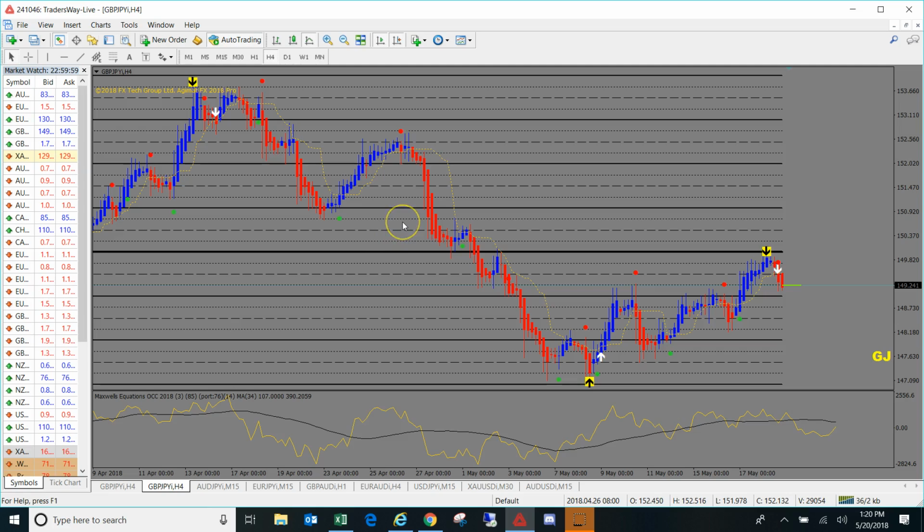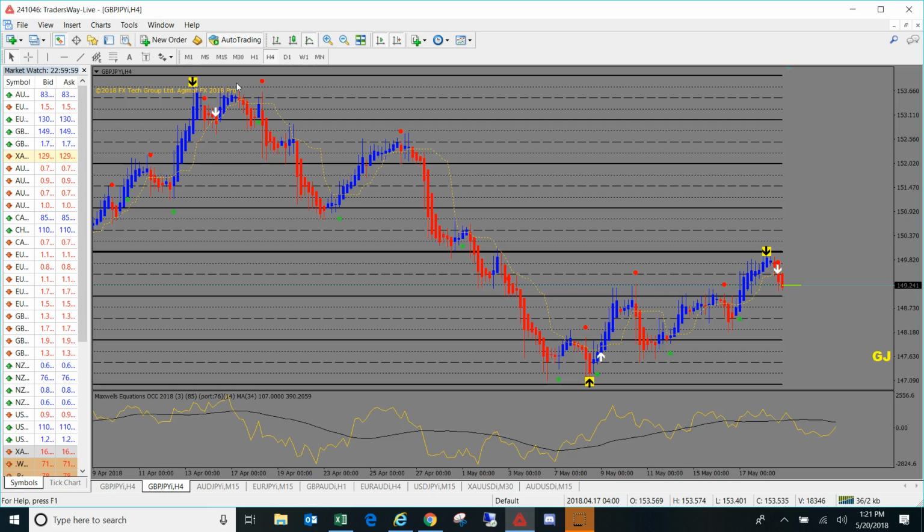But anyway, right now I have GJ pulled up on the 4 hour. So I'm still getting people saying that they're entering on the Agimat and then the market is turning around and going against them. And my question to them is always, are you analyzing those higher time frames? Are you using multiple time frame analysis, or are you just looking at that 15-minute and going off the 15-minute? If you are only looking at that 15-minute chart, then you're probably going to run into that issue more than you want to,